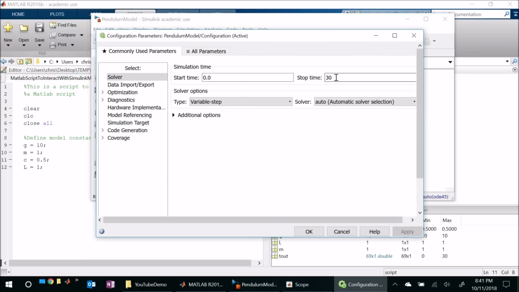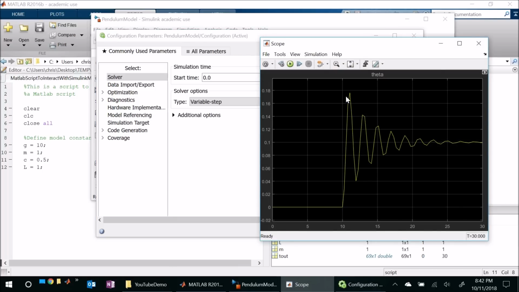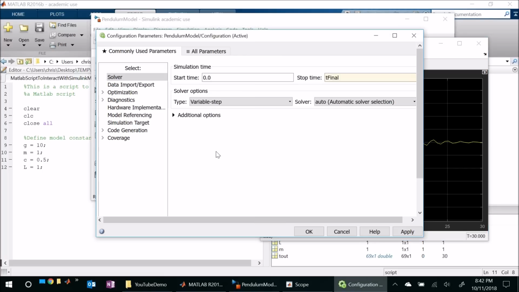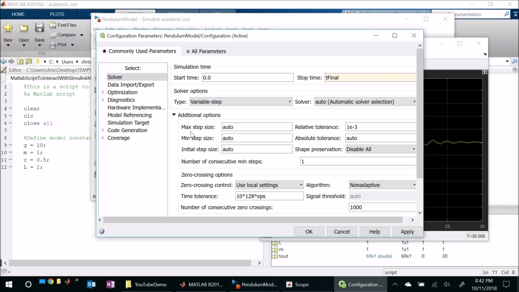So for example, instead of stopping at 30 seconds, we could go ahead and say, how about T final? And if we come back to our scope here, we noticed this was fairly jagged. If we wanted to smooth this out, we could try to tell Simulink, you know what, don't take such a big step here. If I come to my simulation parameters, again, to additional options,